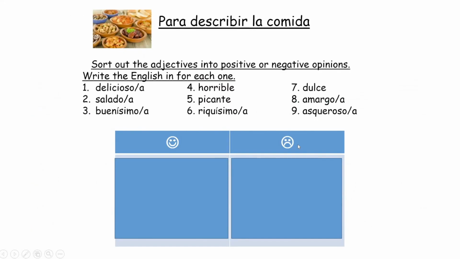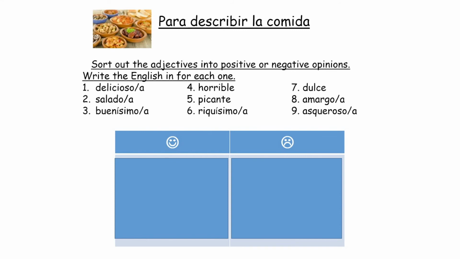Right, the final activity we're going to come on to in a moment, but just to help you with that, I just want to recap some adjectives for describing foods, because you're going to be doing some writing about food in a moment. So what I want you to do is to make 2 columns. Now, you could do this back where you made your notes before with Miss on adjectives, but they're what we've done before, so you don't need to submit this to me again, or you can just put it into your book, or